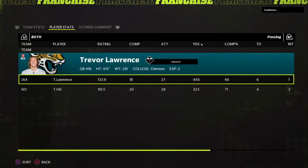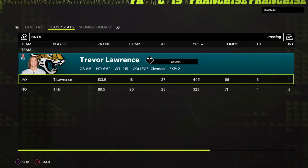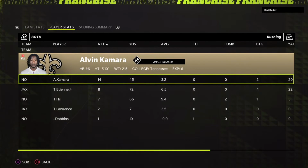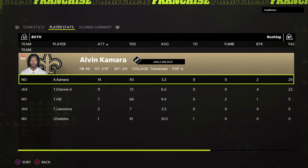And as an offensive coordinator, you just don't think you can do anything wrong. Whatever you call, run, pass, it's all going to work. That's called being in the zone. So for the Jaguars, they get back in the win column as they